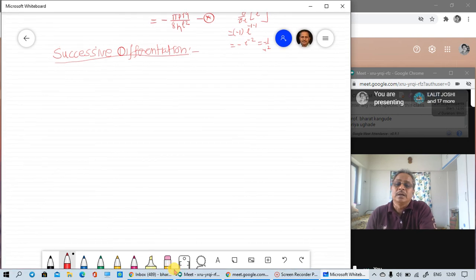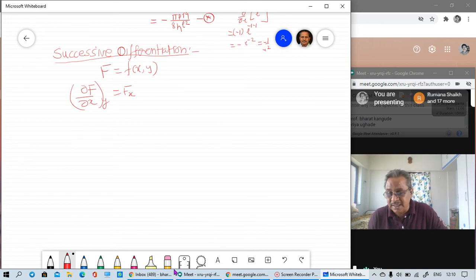Now what we are having, yesterday we have shown, we saw yesterday that when we differentiate this f of xy, so capital F is equal to small f of xy, when I differentiate this capital F with respect to x keeping y constant, that we called fx. That is called the first order partial derivative. Now this fx as well as daba f upon daba y is equal to fy.